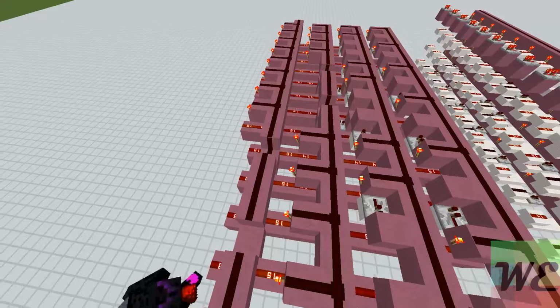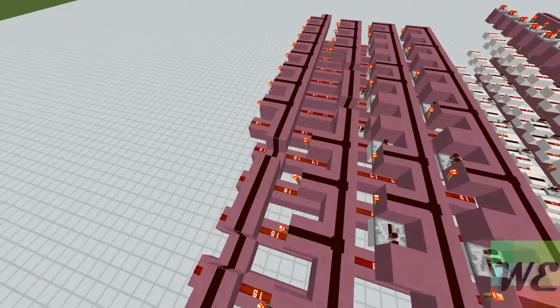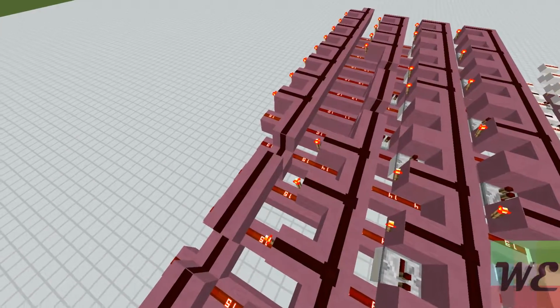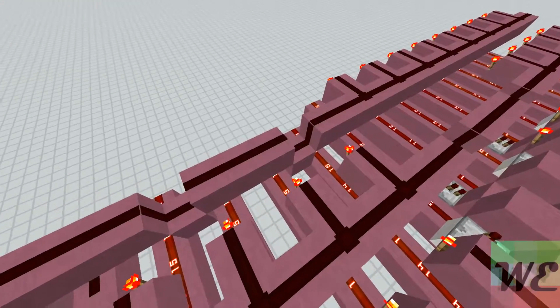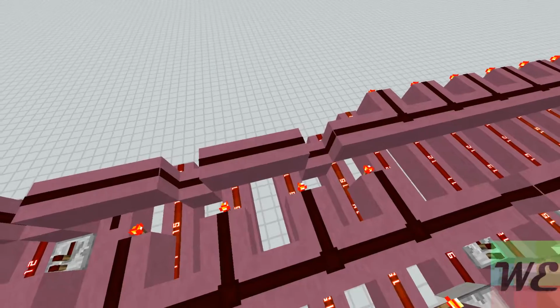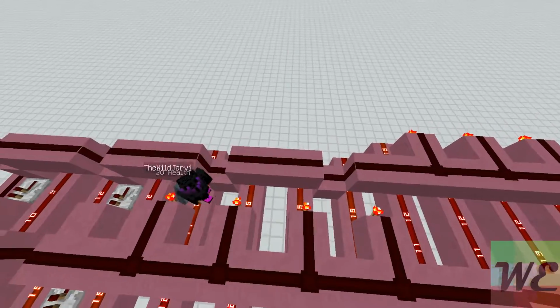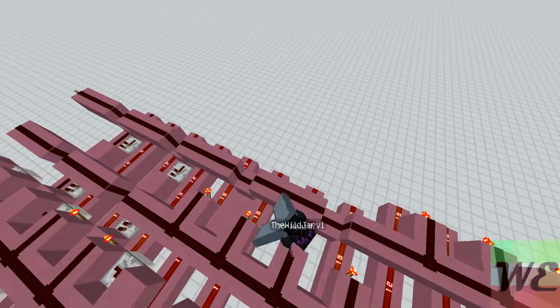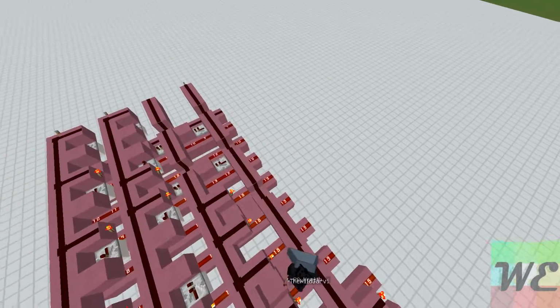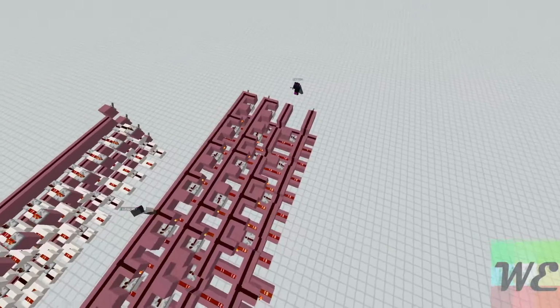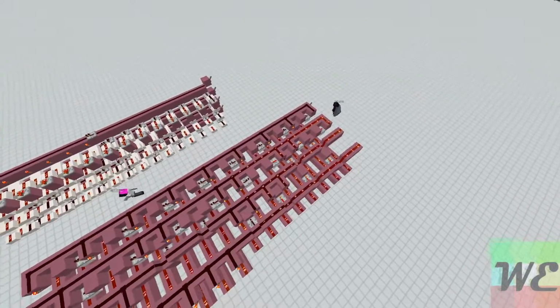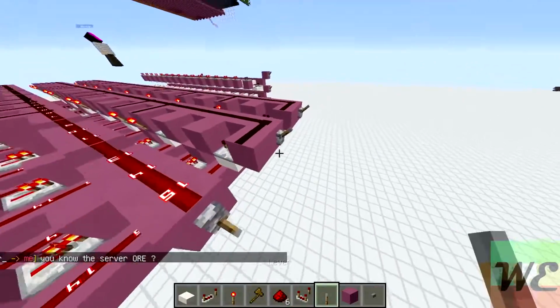Alright, so now we're going to have 4 zeros in a row. Like this. There we go. Okay, so now if all of our signal strength is coming from here, and we want to sync this,